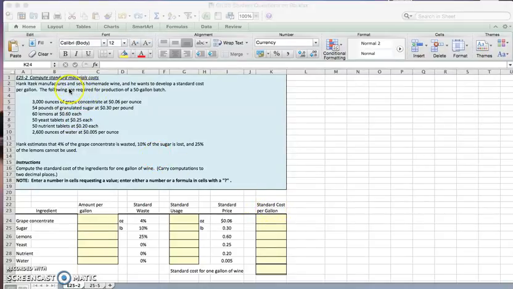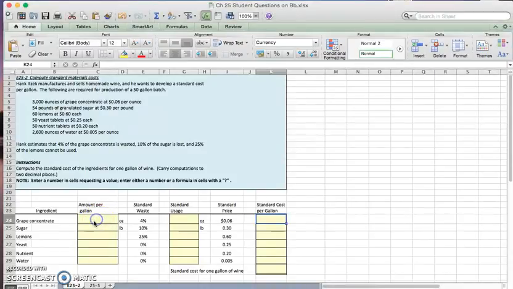And he's telling us here that Hank uses all this material to develop a 50-gallon batch. But we know we have wastage. Some of us already watched the Starbucks video and some of the other readings in the text, and we have to factor in wastage. So we know here to make 50 gallons, we have 3,000 ounces of grape concentrate at 6 cents per ounce. So I'm coming down here, and I'm going to be in cell